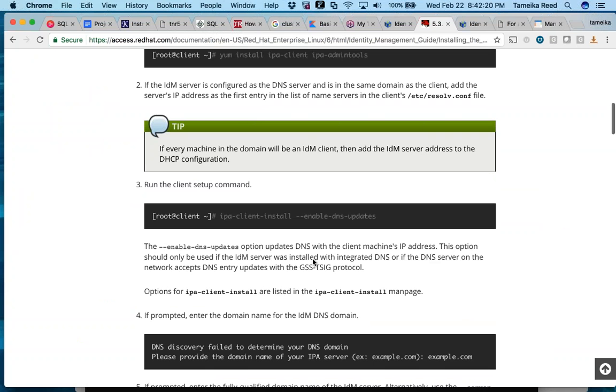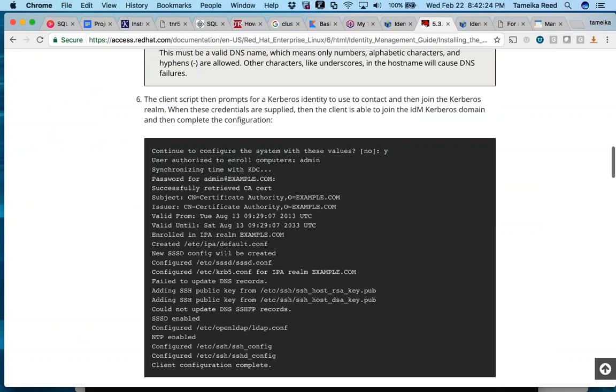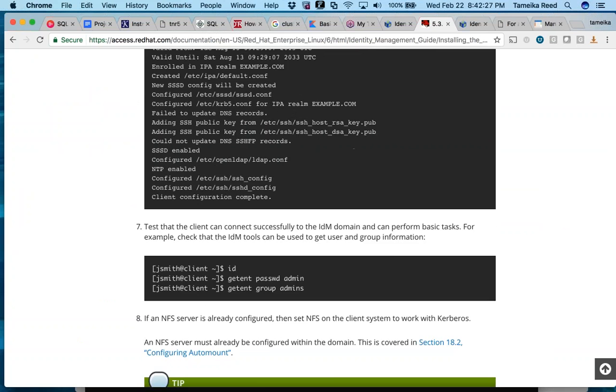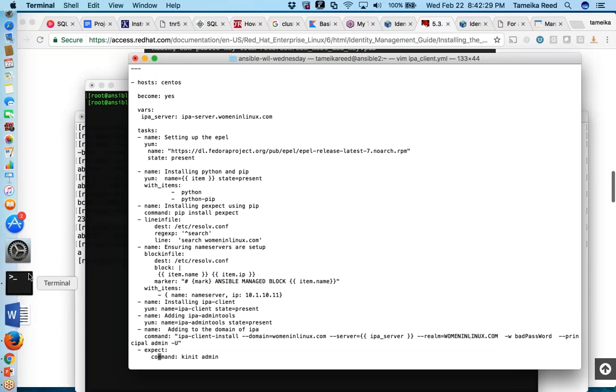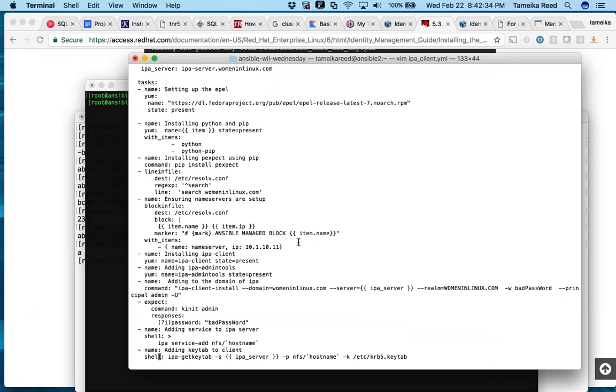Yeah, so you do the IPA client install, and it basically goes through and you manually answer these questions here. But because we have our Ansible script right here, I went ahead and put all the answers that you need in here. Like so, you got a client install, your domain, your server. This is a variable. IPA server is a variable. Women in Linux, bad password, principal, admin, and the -u lets it know to do it